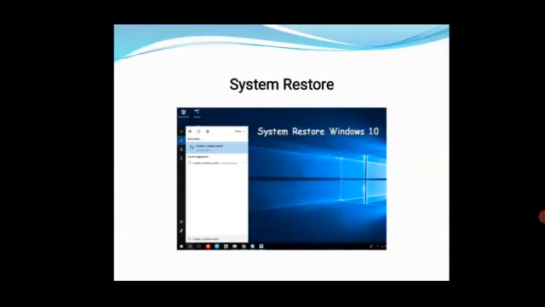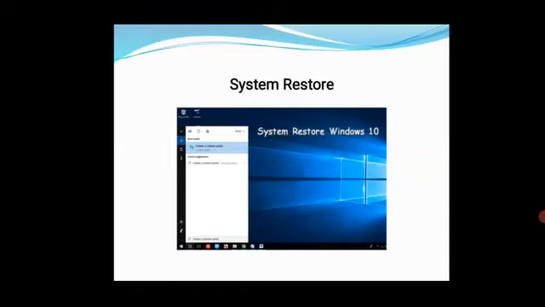After the system changes, that means after the system hangs, you can get back your personal data files without any loss, because you have created a system restore point. Whatever you have done in your system, you can get everything back.